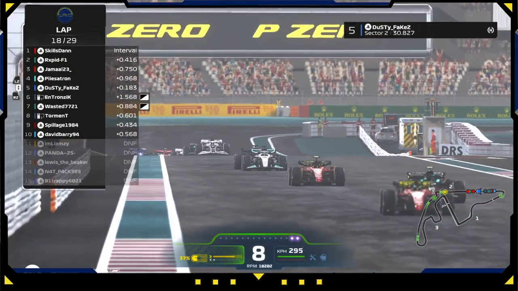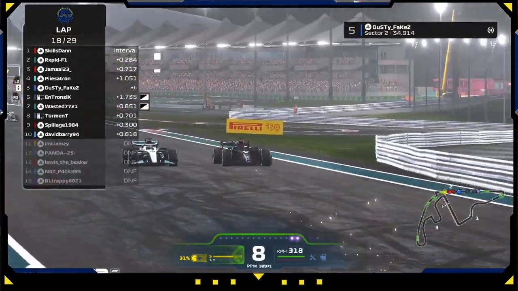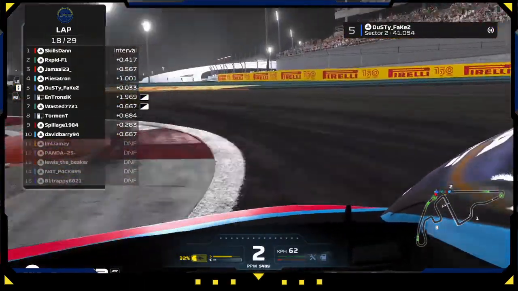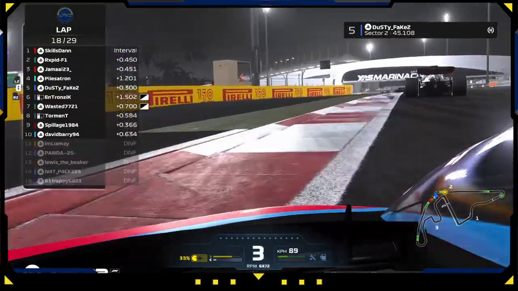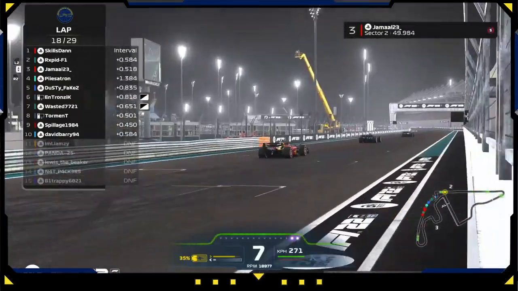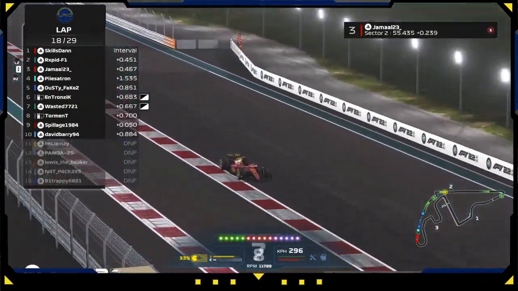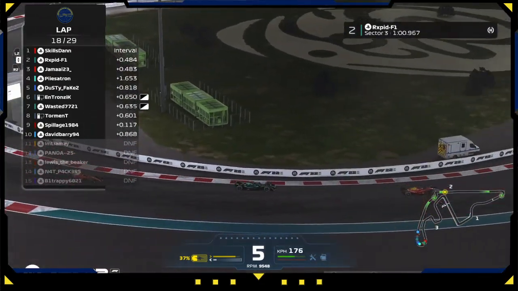Is he gonna make the move work? I don't think he should. He should wait for the second DRS straight, but he is not really waiting. He's gonna make the move work on the inside of this corner in Sector 2. He's gonna wait. Very smart from him to get the DRS. He doesn't have a great exit, so he's not gonna make the move work into the first corner of the third sector, as we're coming across the third sector line at the moment with Skills Dan still being in P1